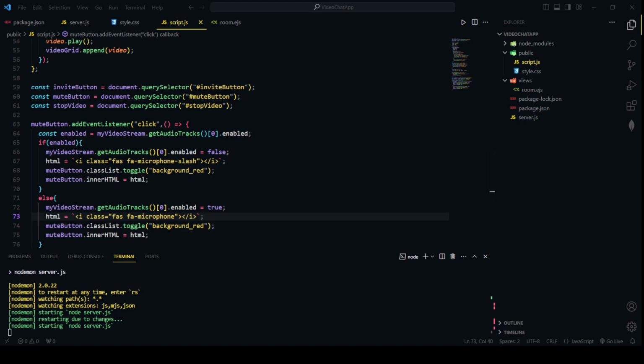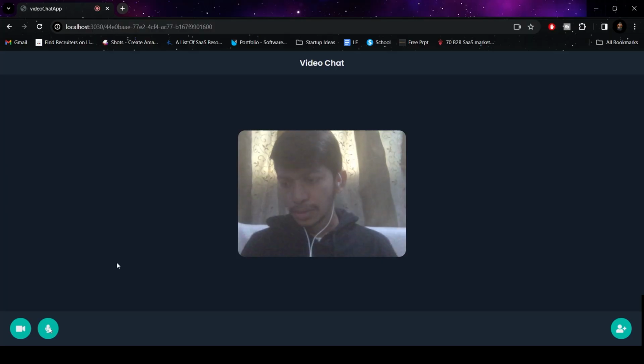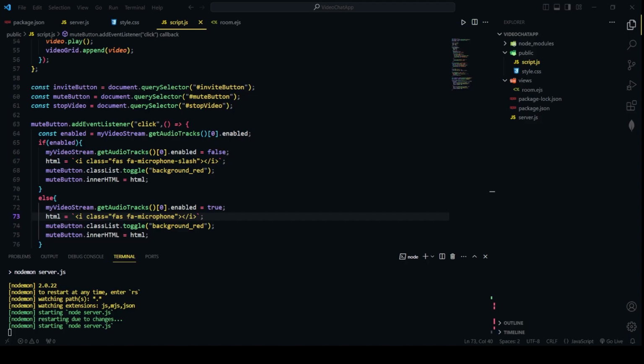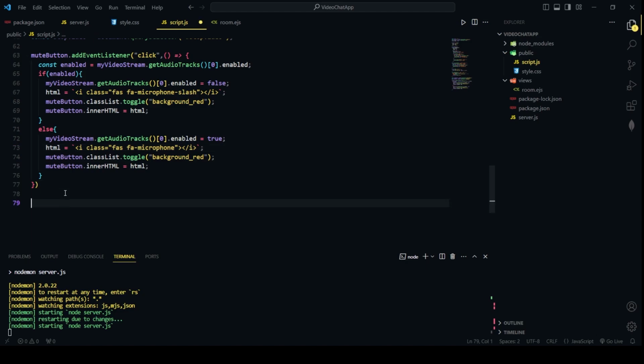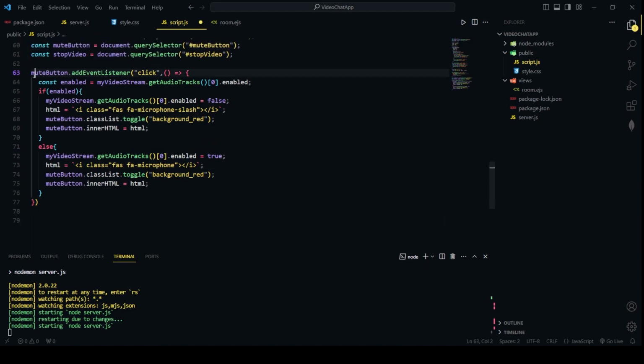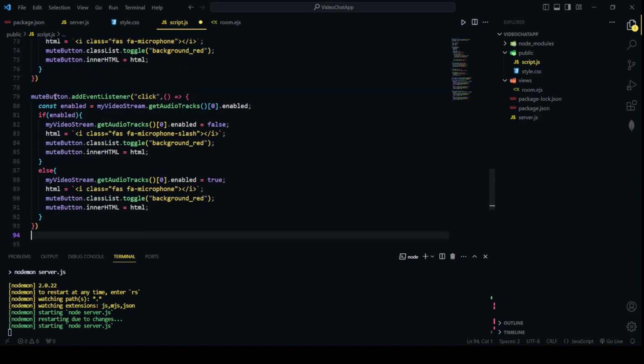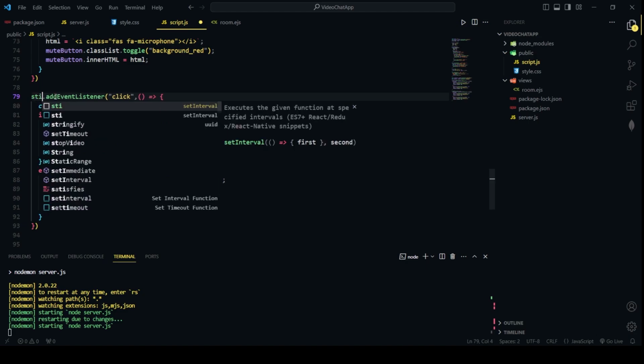Now let's again check if it is getting toggled or not. So we will check for the audio. So it is turning on and off. So we have done it for audio, and we will also do this for video. It should be almost the same. So I will just copy this from here and paste it here. For the mute button, instead of mute it will be stop